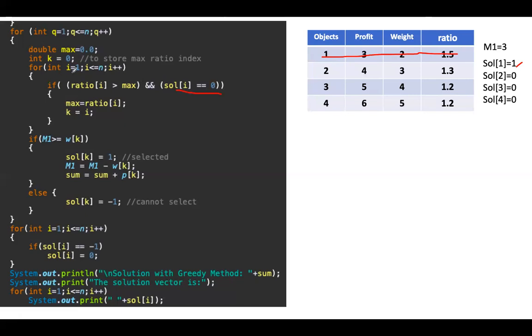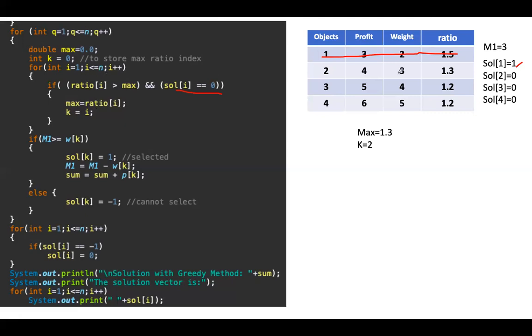So i equal to 1 will not work. i is equal to 2. Ratio of 2, 1.3, greater than max? Max is 0, so obviously it is greater than 0. So the new max value is 1.3. K value is 2. When i is equal to 2, we get the new max value, that is 1.3.